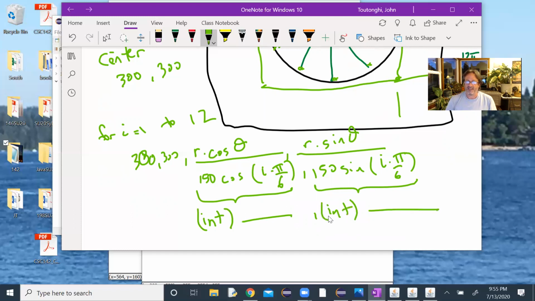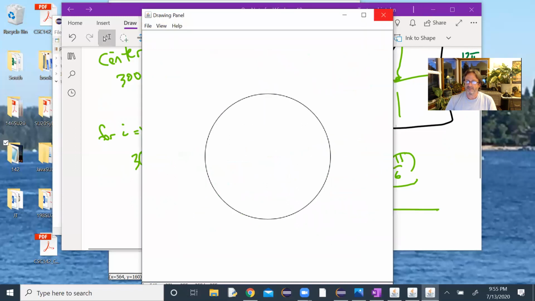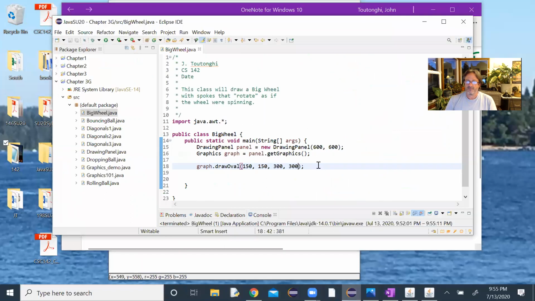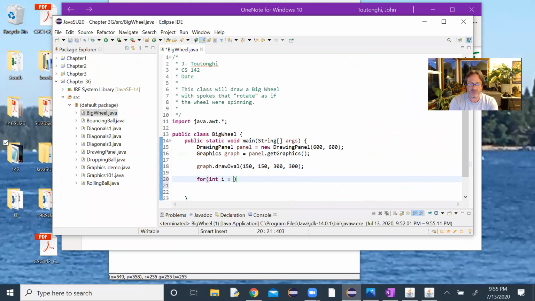So I don't think we've done yet. Okay. So we'll go back, write our loop, and draw 12 lines. For integer I equals 1, I less than or equal to 12, increase I by 1. Let's set an X value and a Y value. So we'll go integer X equals,